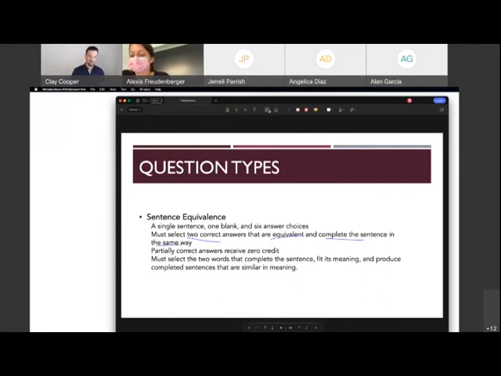Bizarre, right? And one wonders, like, why are they testing us? What's the purpose here? The answer is, I don't know. That's not our job. This is just what we're facing. Partial answers, again, receive 0 credit, no partial credit. You have to complete the sentence with 2 words that fit its meaning and produce completed sentences that are similar